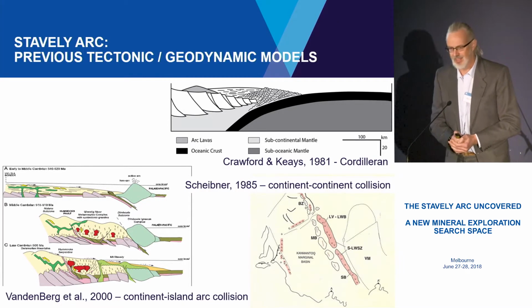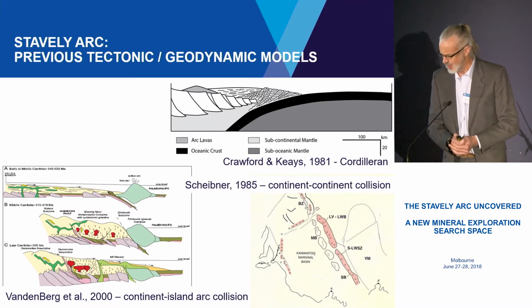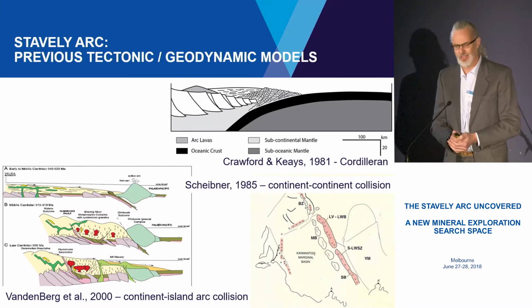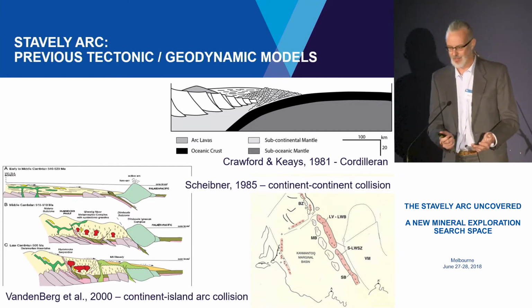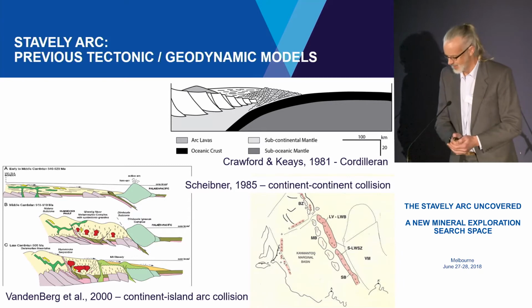We proposed much of the same thing, except we had it as a continent sort of island arc collision, so this is like a Taiwan-style collision. Some of you will probably notice there's some weird things in that cartoon, like, for example, the lower plate's hot and the upper plate isn't. That's a bit weird. But we sort of stepped around that because a lot of the other data seemed to fit,